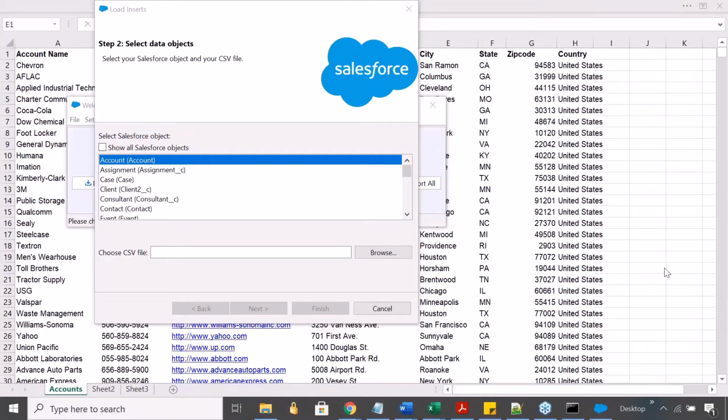Just give me one moment. I am trying to browse from my computer.